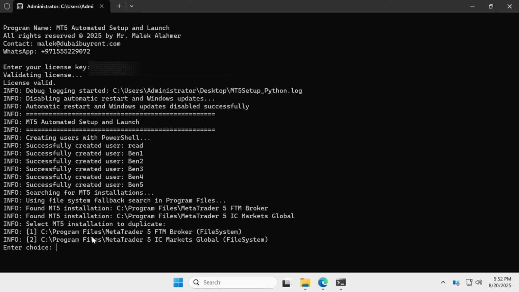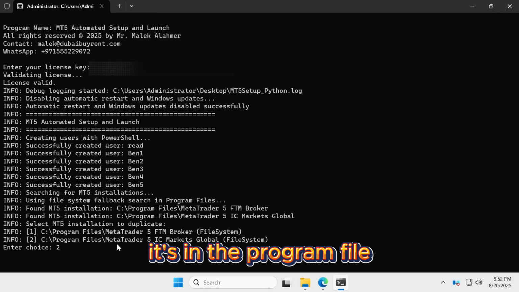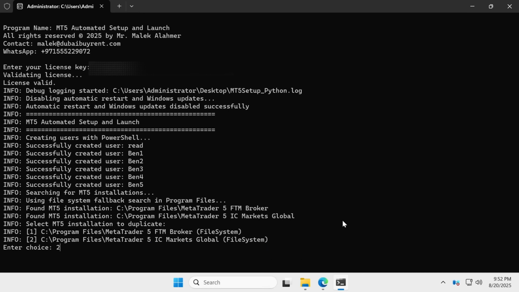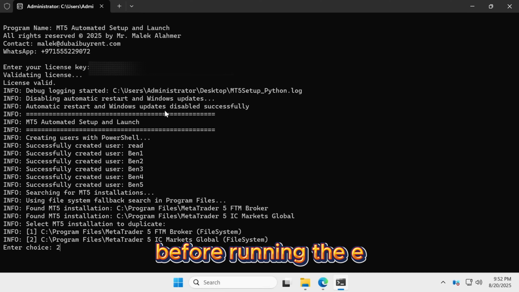You can choose FTMO. I don't want FTMO, I will choose the next one, which is IC Markets. It's in the program file, so you have to install your broker first before running the bot, MT5 auto launch,